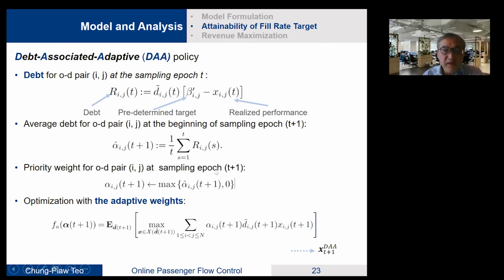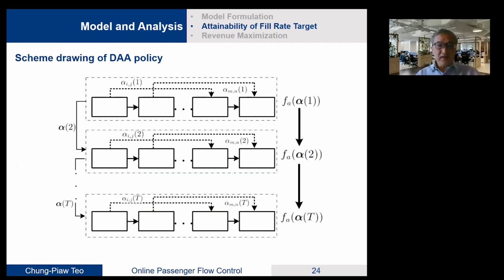And of course, that may be negative. So we reset this to 0 if it is negative, and then use the alpha IJ t plus 1 as the new weight function to run the DP. So in a way, you can run the DP with different weights, alpha 1, and from alpha 1 and the performance in your first problem, you determine your debt, and then you get your alpha 2, and with your alpha 2, you run your DP and you resolve until you get your alpha t. So in this way, you get a sequence of alpha, which is the relative weights for your